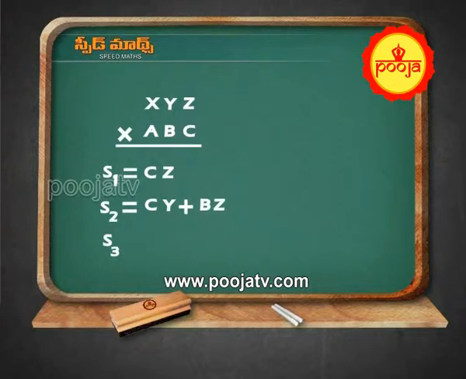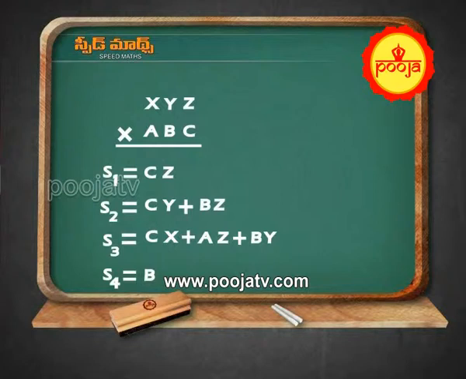Step 3, C into X, plus A into Z, AZ, plus B into Y. Step 4, B into X plus A into Y. Step 5,